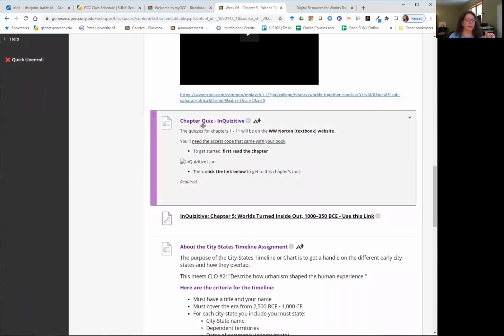Now you'll see this thing, it says chapter quiz, inquisitive, and so this is the icon here, but it's a broken image. And we've been having a lot of trouble in Blackboard. I'm a Blackboard administrator, so I try to figure some of this stuff out when I have time, but not all of our images that we're putting into Blackboard are staying where they belong, especially when we roll a course from semester to semester. So for some reason, this image is gone. Hopefully we'll get it to pop back up.